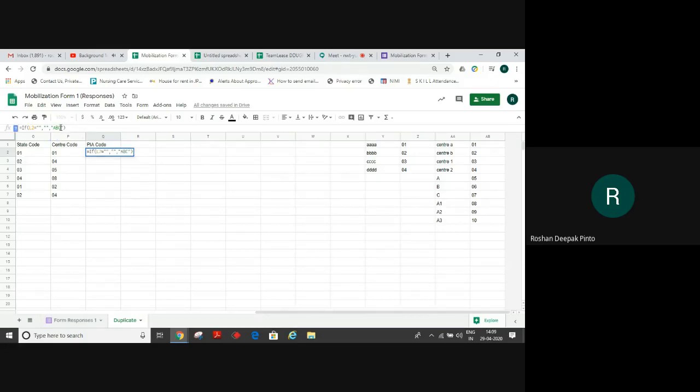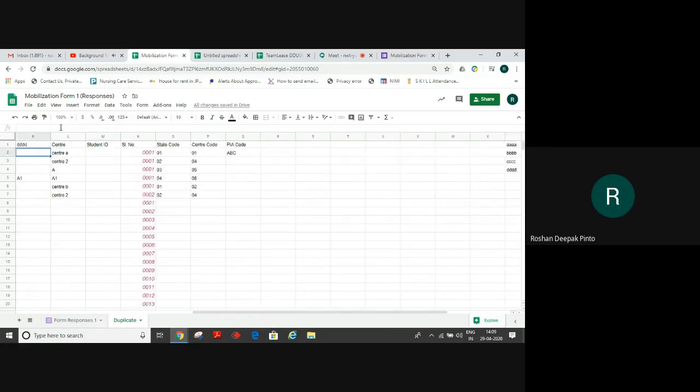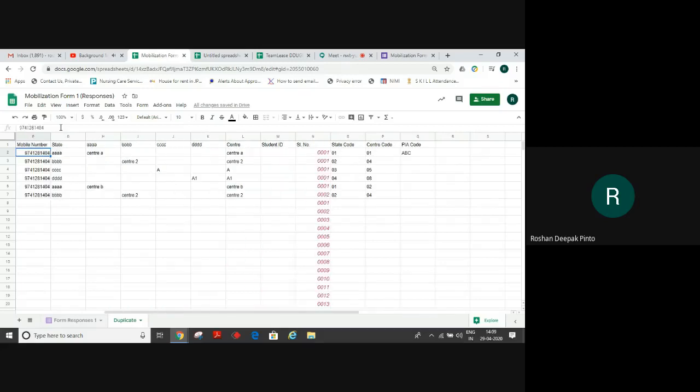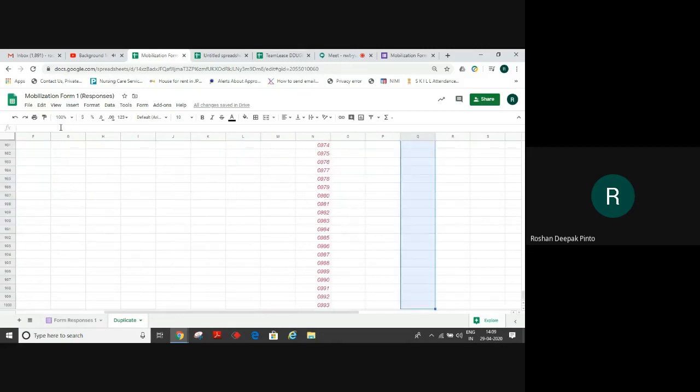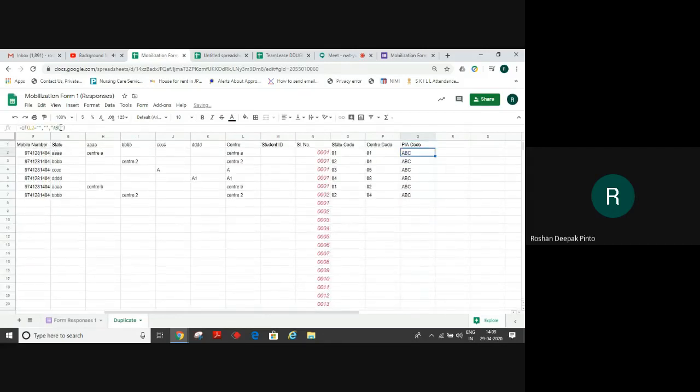You can put BCD or XYZ or a name or a number like 523231, anything of your choice. L2 is the condition because every time you have an answer there for your center. Now I will copy this and drag it till the end. Why I'm dragging it till the end is because every time there is a response, the response will come and sit here and you will have an automated answer.